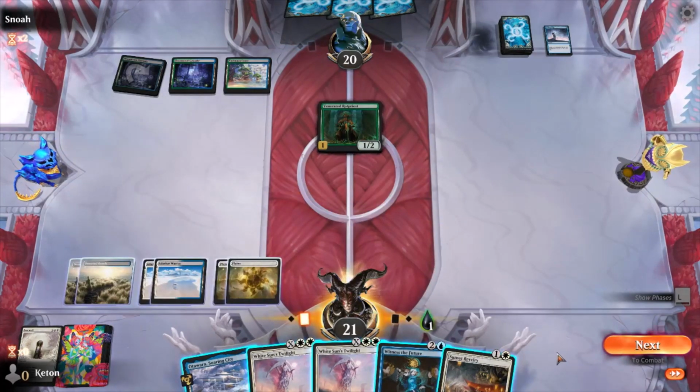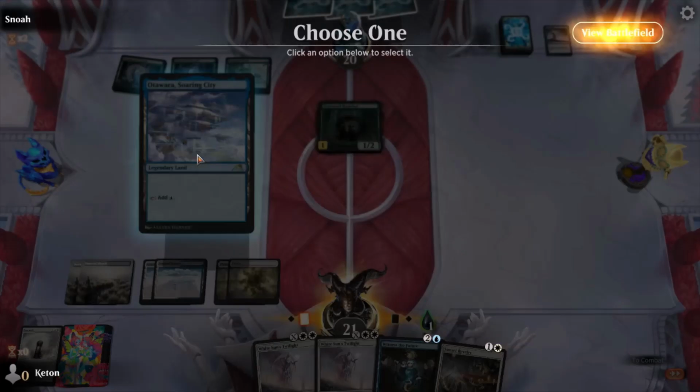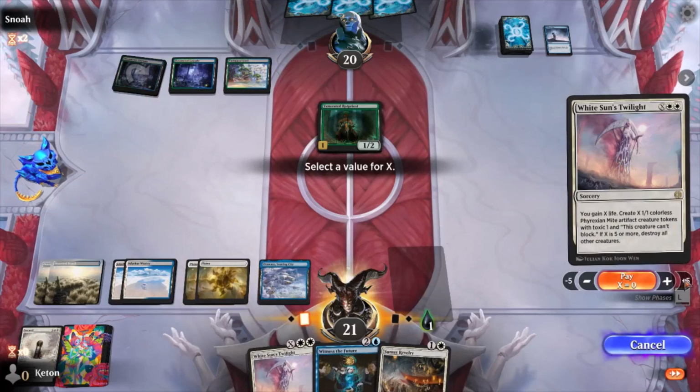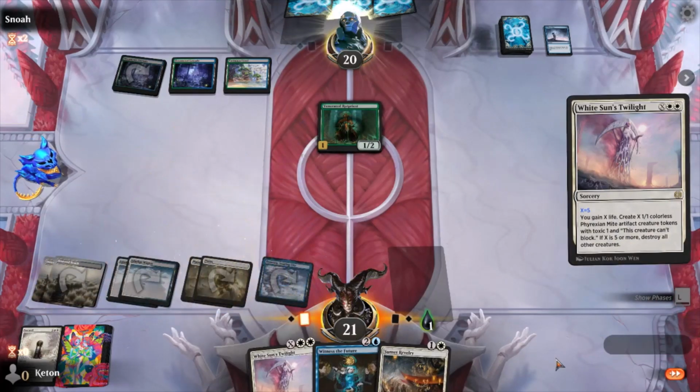Are we going to White Sun Zenith all over them right now? I think we might do that. I think we're contractually obligated to do that. So we'll go ahead and Soaring City. White Sun Zenith, X equals 5. Rot Priest gets the Fading Hope treatment again, slip out the back, or